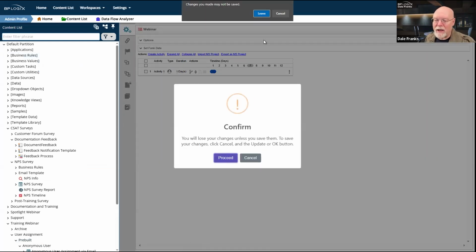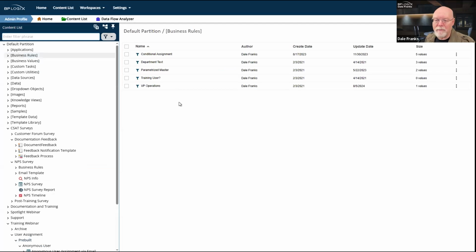And if I navigate to that folder, I've got business rules that enable me to do task assignment either on a conditional basis, because there are some times where even if you are the system administrator and the application developer, groups still won't work.